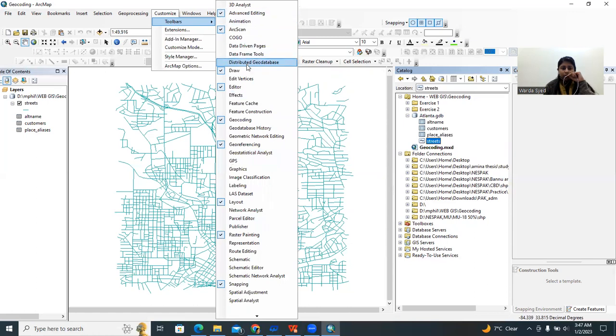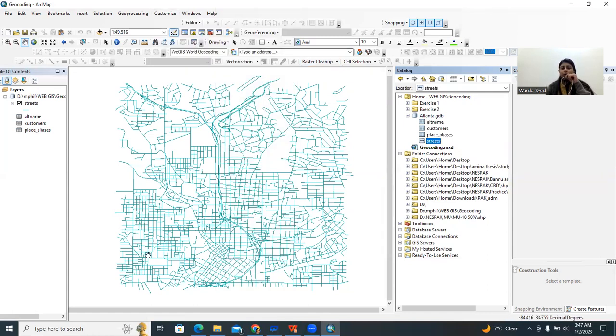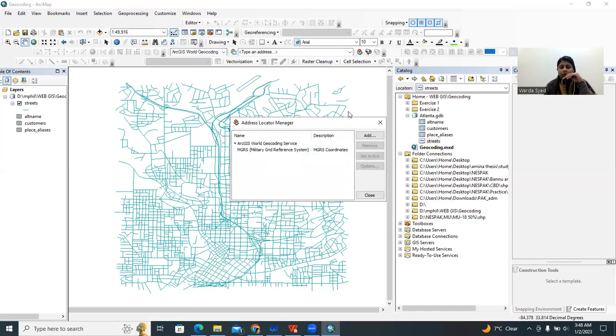Now, where is the geocoding toolbar? It is already selected. If it is not, then I'll have to pick this geocoding. So, in the Atlanta file, I need to select the street and then the geocoding toolbar. In the geocoding toolbar, I need to drag down this ArcGIS for geocoding and then manage address locators. Then click the add option,